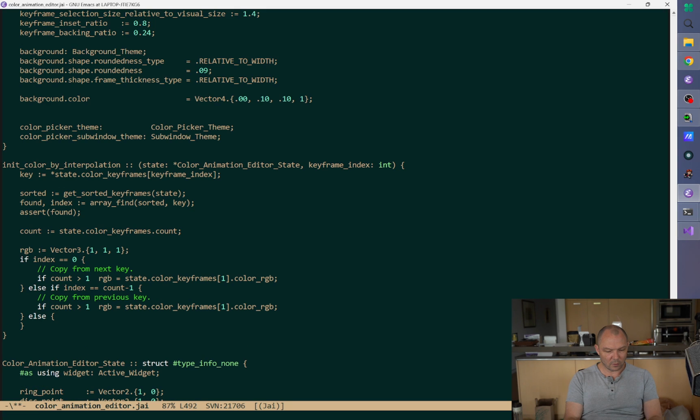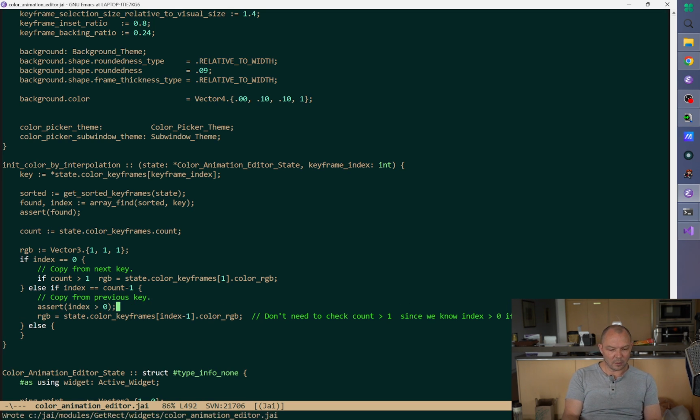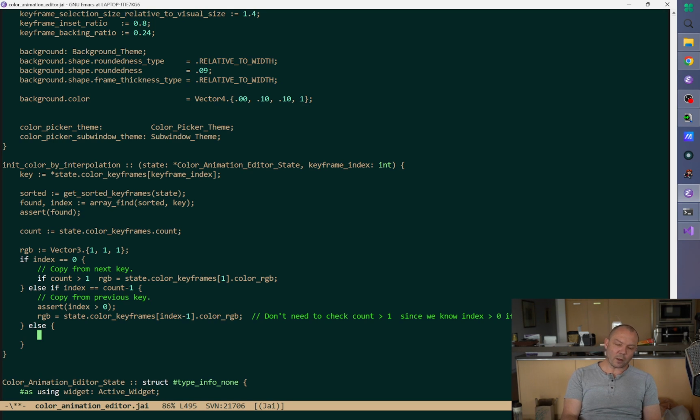Okay, if count, actually, don't need to check count is greater than 1 since we know index is greater than 0 if we got here. Okay, otherwise